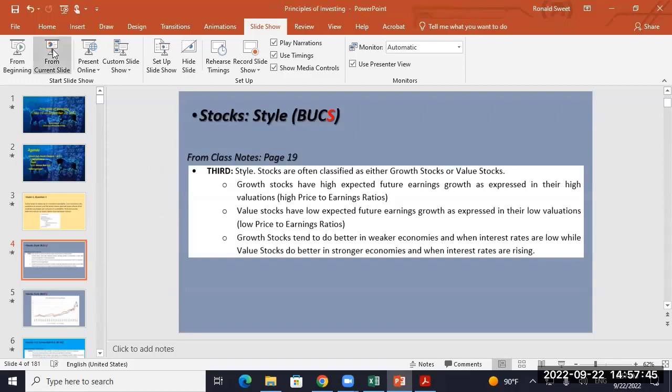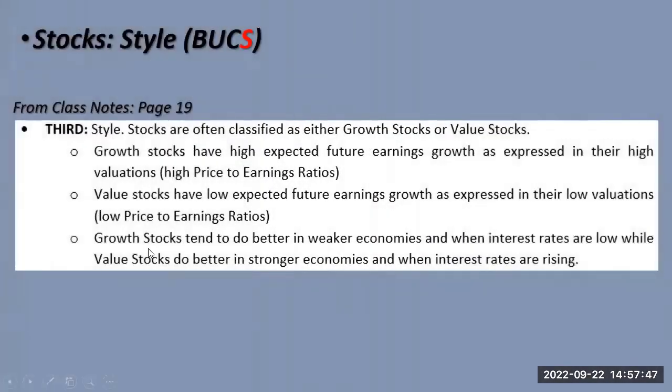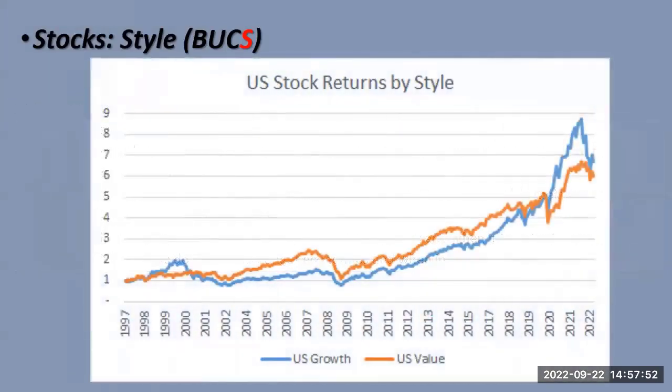Right now, I'm somewhat over allocated to value. I've been over allocated to value this whole year. How have they done? Well, you can see value outperforms for fairly long periods of time, but the last few years, you've seen growth really take off. Look at that difference there, growth versus value. So right here, people are thinking growth is the only place to be. It always wins, but you can see over the long term, value has actually done pretty well.